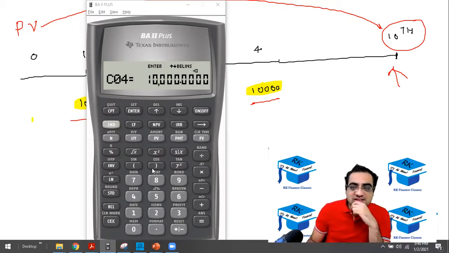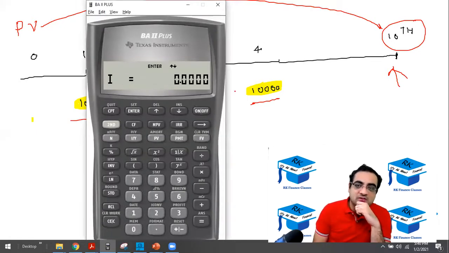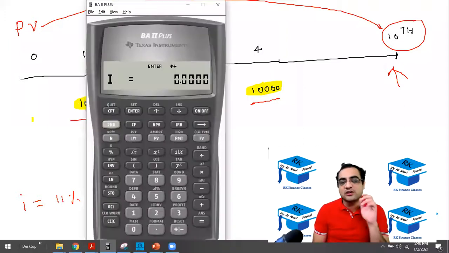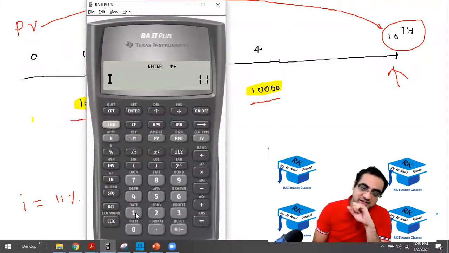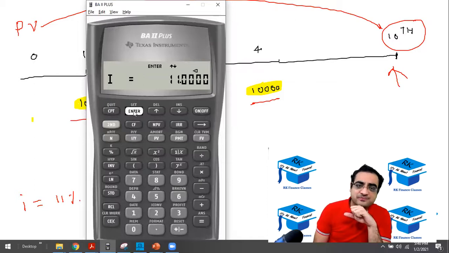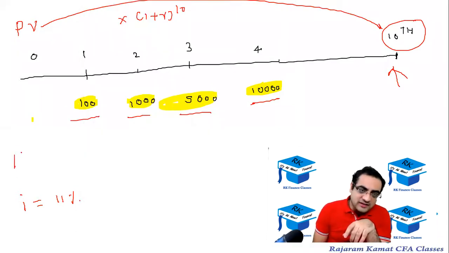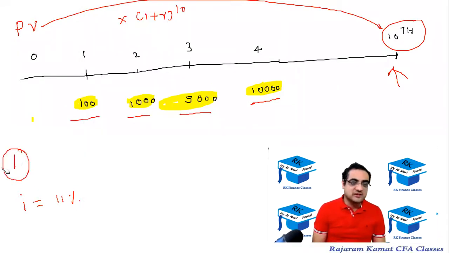Okay, so after this step, press the NPV button. You are required to enter I, and I didn't give you I, so let me give you I as 11%. So what is the I that you're going to press? You're going to press 11 and not 11%. So 11 and press enter. Downward key and press compute. So the present value is 11,144.98. Let me store that as store 1, so the present value that I've got is there in memory number 1, M1.